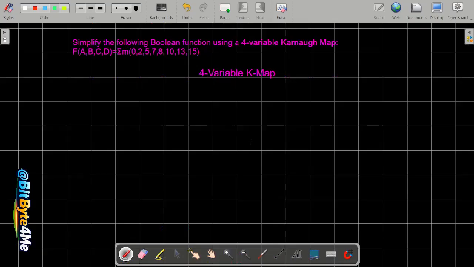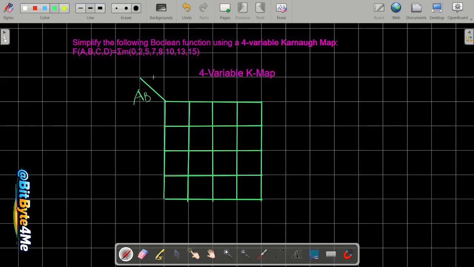Similarly, we will make a 4 variable K map. For a 4 variable K map, we need 16 boxes. So A, B, C, D. The value of AB is 00, 01, 11, 10, and likewise for CD, 00, 01, 11, 10. So this represents M0. This is M1, M2, and M3,